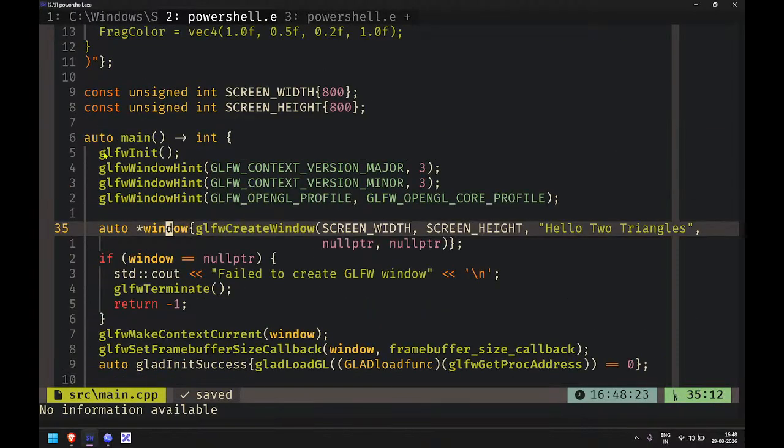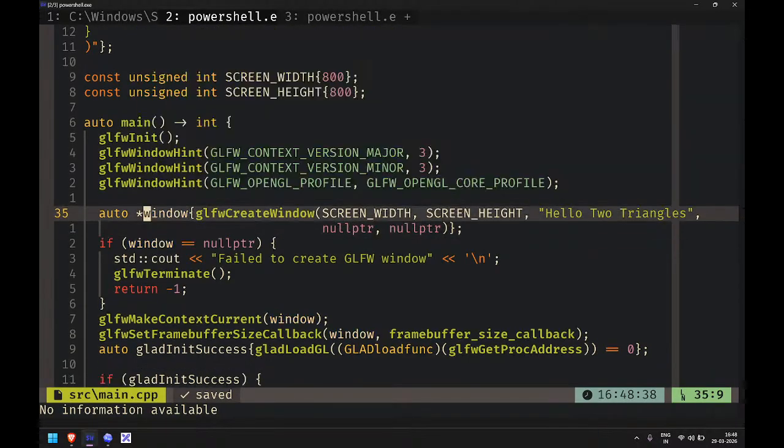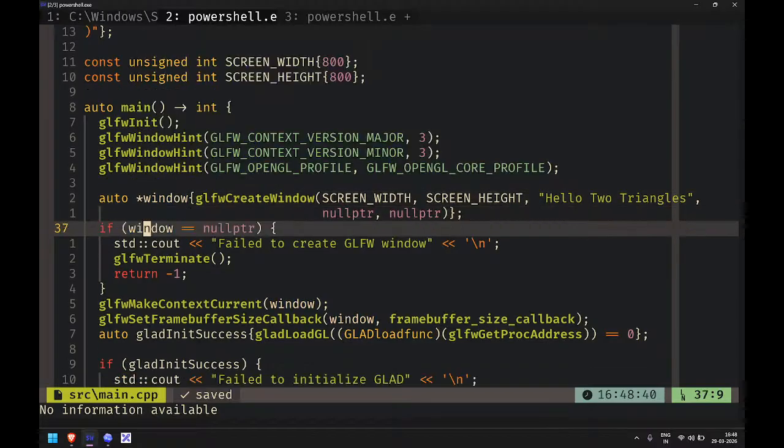And then you init, and then you create a context, you create a window object. I don't know whether to call it an object or what. I'm just going to say it's a GLFW window pointer, and then